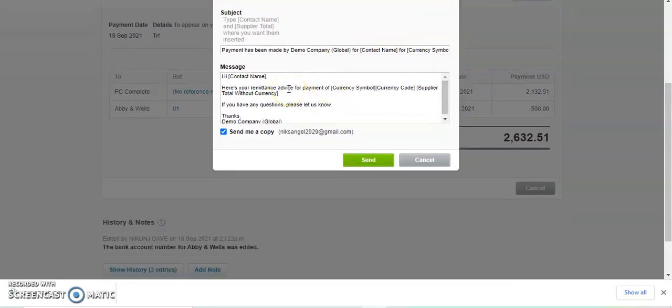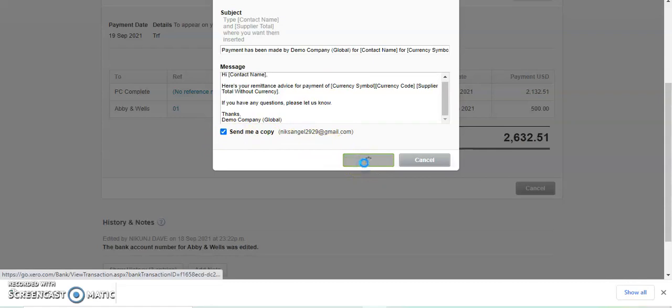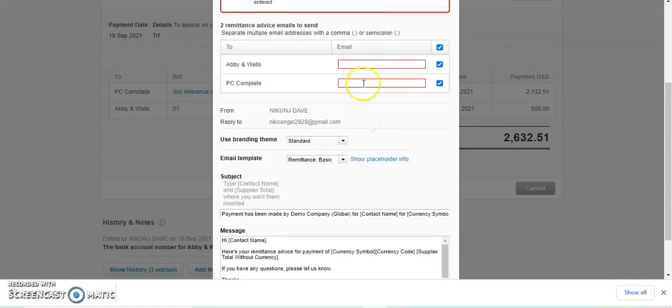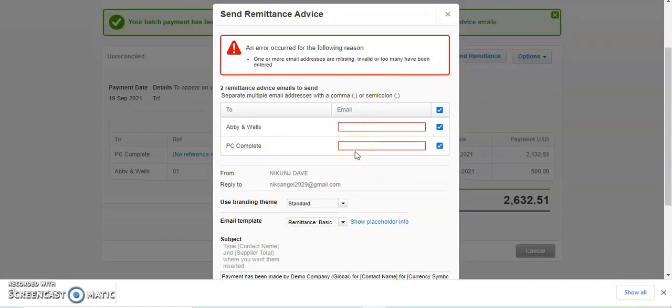This is the message which is displayed: Hi, here's your remittance advice for payment of. If you have any questions, please let us know. Send me a copy. So here you can also send a copy to yourself so that you can have the PDF copy for your own reference, and you have to simply click on the send option. So remember, for this you have to compulsorily insert the email address of the suppliers.